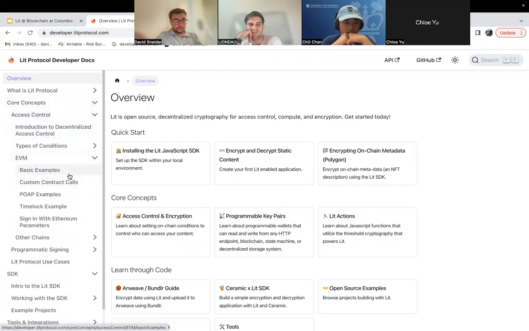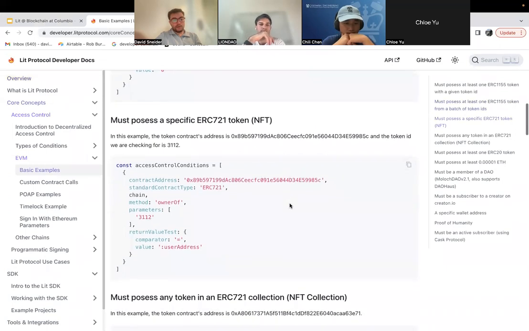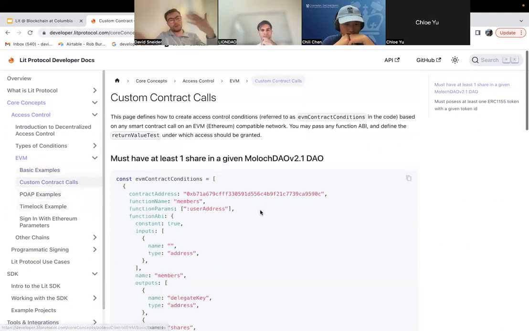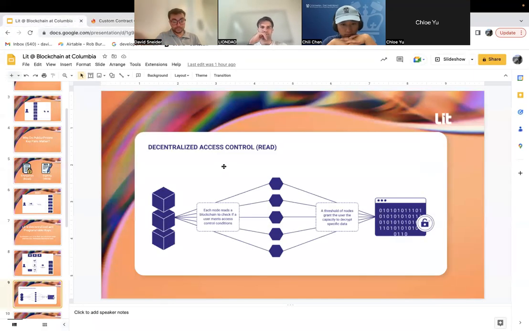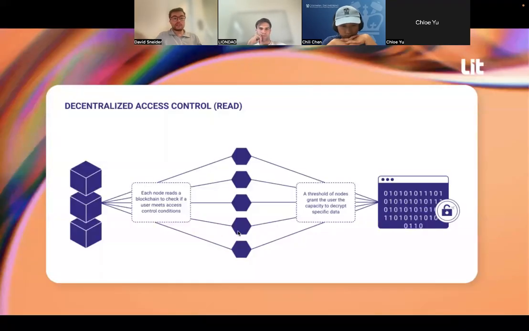On an EVM chain, for example, you could say somebody has to own a specific token or a specific NFT in order to decrypt that. So Bob, who's a member of the Lion DAO, and it doesn't necessarily have to be holding a token, it could be membership of a DAO, or really any public data can function as the access control list for the key provisioning. So Alice has encrypted that data and set the rule such that only a member of the Lion DAO can decrypt the data. Bob shows back up later on and says, I want to decrypt that data.